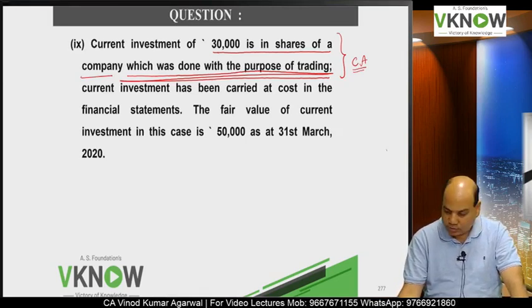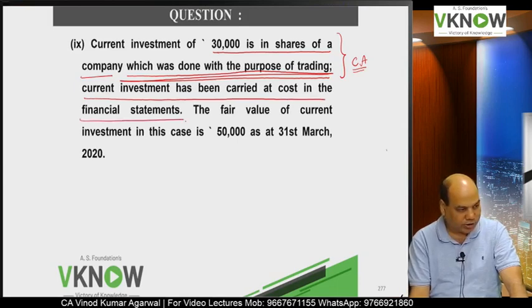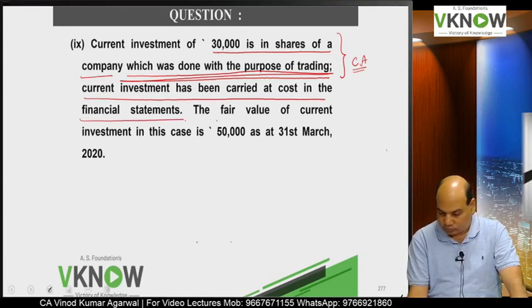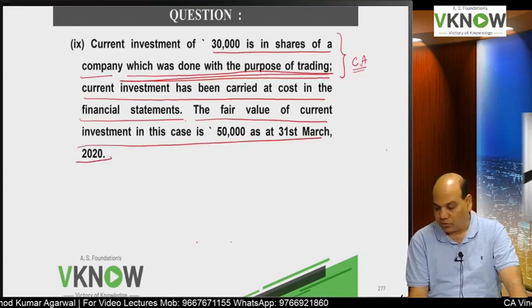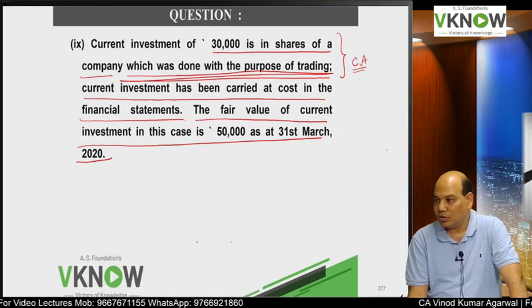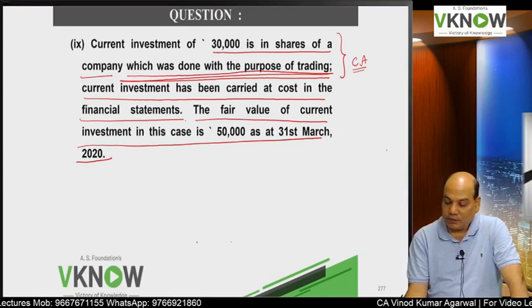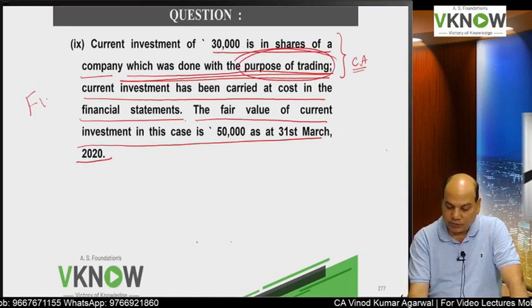Next there is an adjustment. Current investment has been carried at cost in the financial statement. The fair value is 50,000 on 31st March 2020. Now if you are a student of accounting standards, then it is right: cost or fair value, whichever is lower. But if you are a student of Ind AS and it is held for trading purpose, its classification will be